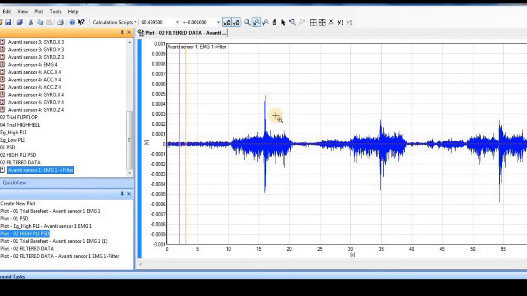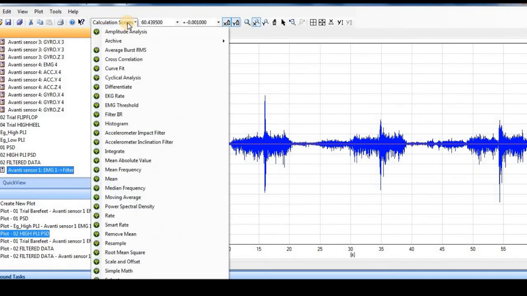That means whether it is a positive value or negative value on this voltage scale, because any voltage is a voltage, that is just the direction, so it doesn't matter whether it is a positive or negative value. So to do its rectification, we will be using the DelSys calculation script that is not directly seen here.